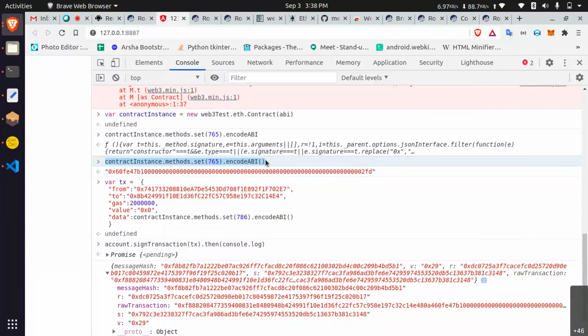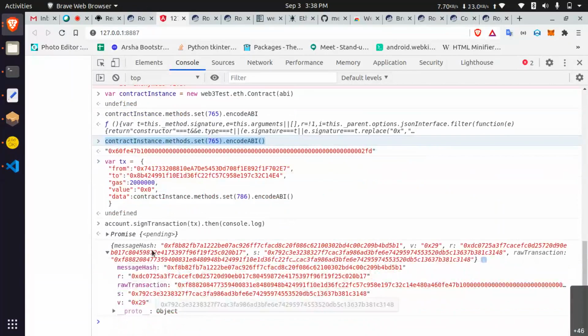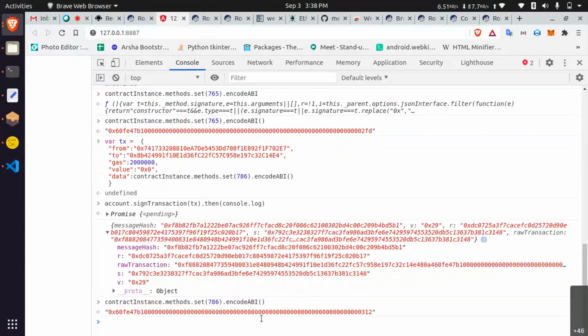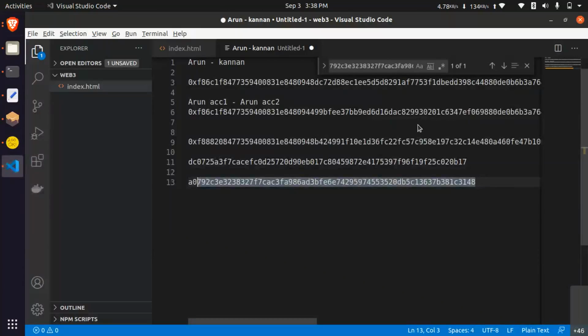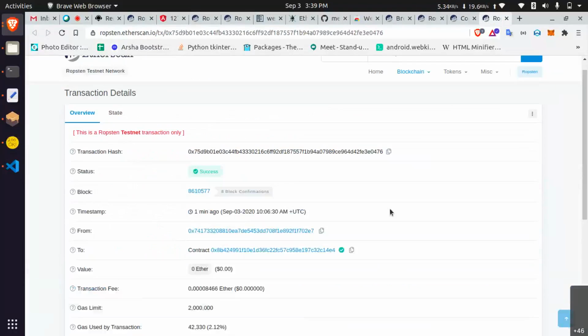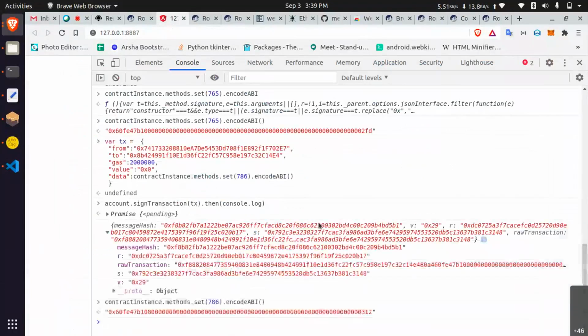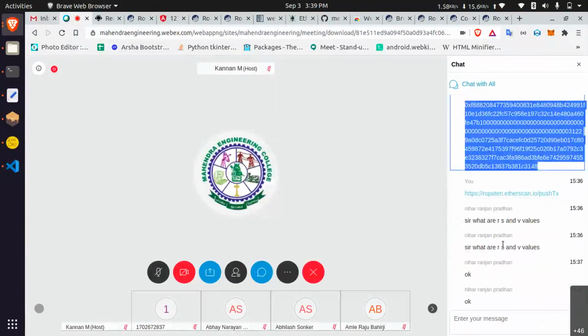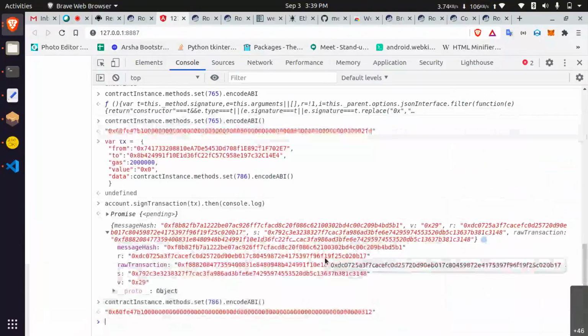I encoded 765, but in the transaction I encoded 786. Let's see, 786 will give 312 in the read. So you can see 312. This is input data. Clear? Any doubts?